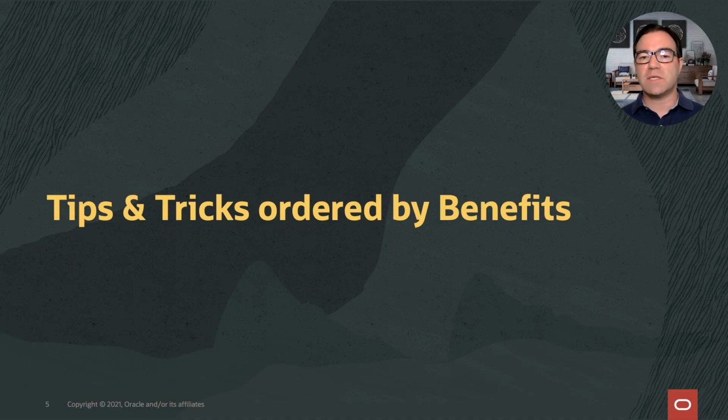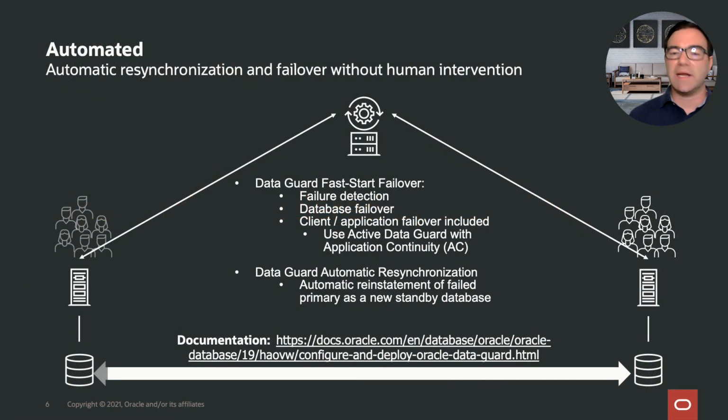Now, one of these benefits is that you can automate DataGuard. So far, I have assumed that your DataGuard environment is manually operated, and that is still an option to you. However, in order to get the best out of DataGuard and get the fastest failover, we recommend you automate your DataGuard environment. For which reason, we have a feature that's called DataGuard Fast Start Failover. And all it requires is the DataGuard observer to be installed on a third site in a third location, ideally not together with the primary or the standby.